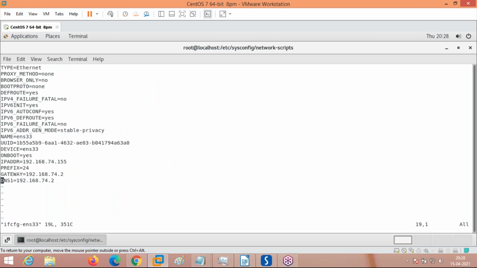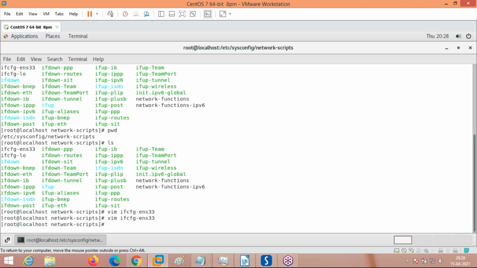How to save and exit from the editor? After entering everything, press escape, type :wq and enter, which means save and quit. W means save, Q means quit. Now we have made the changes. Now we will check whether the IP address is working. To check whether the network is enabled, we use the ifconfig command. Ifconfig is like ipconfig in Windows; it is used to check the network IP addresses.